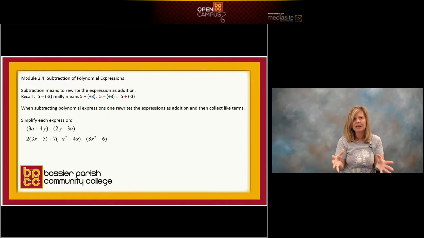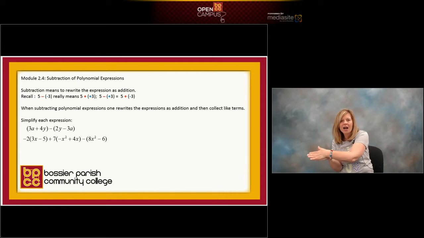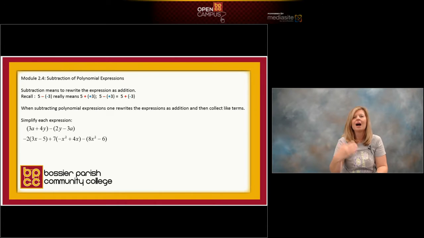So the statement 5 minus negative 3 really means 5 plus a positive 3. And now if you think about that statement, we can do that on a number line. I could start at 5, plus means to go to the right, and I can go to the right positive 3 spots. And that would put me at 8. So the moral of the story is, it's real simple. We are never going to perform the operation of subtraction. If we have a subtraction symbol in our expression, we're going to change it to what operation? That's right, we're going to change it to addition. And when we change subtraction to addition, any terms behind the subtraction symbol become the opposite, the additive inverse.